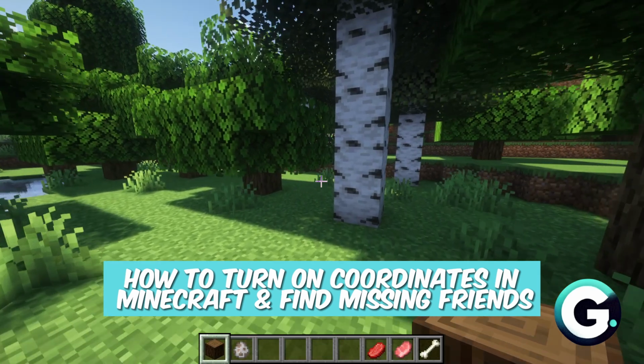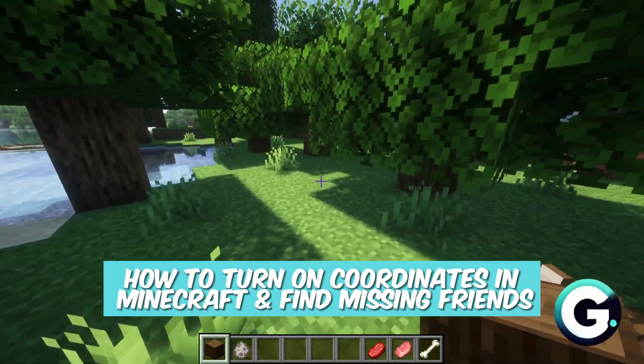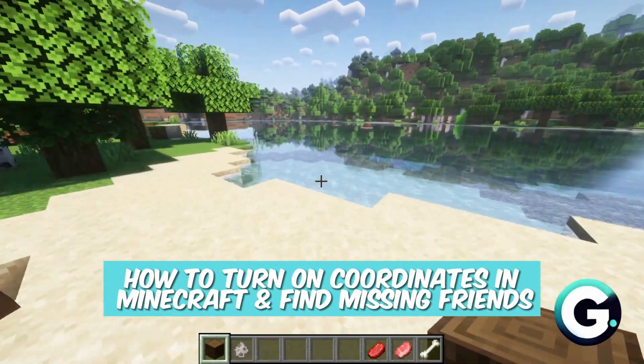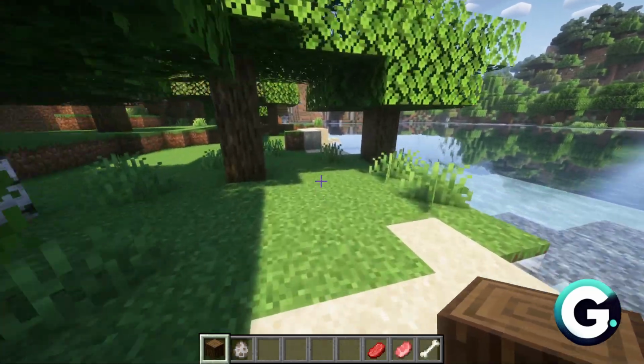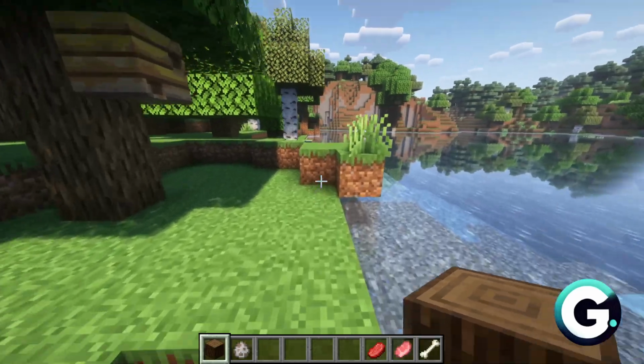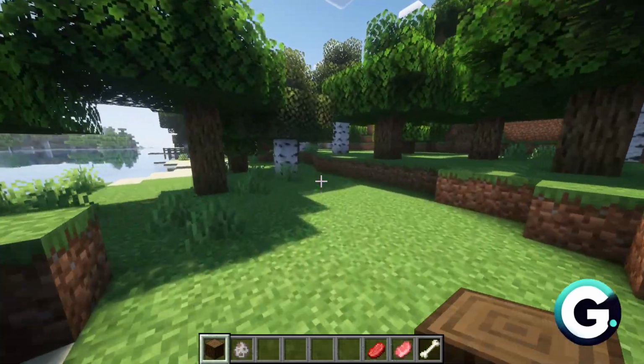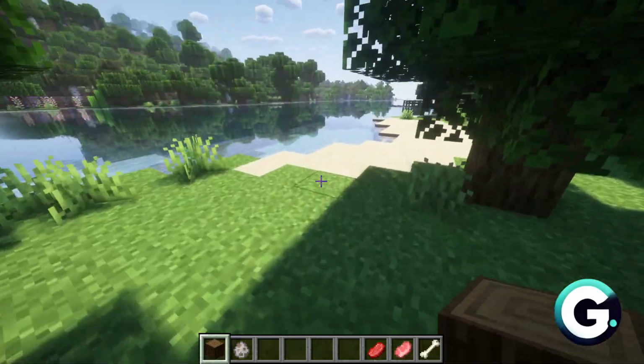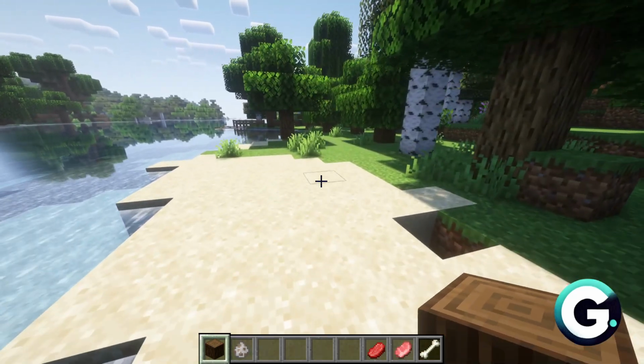In today's video, I'm going to show you how you can turn on coordinates in Minecraft and find your missing friends. So if you're trying to find your friends on Minecraft, you both want to basically do the same thing, which is to turn on your coordinates, because you are going to use these coordinates in order to travel